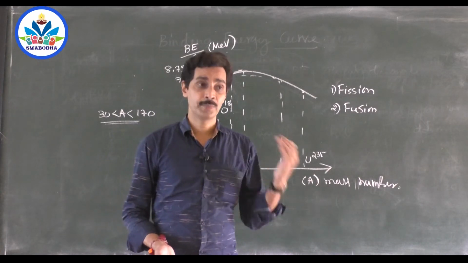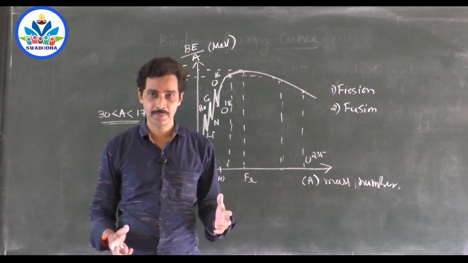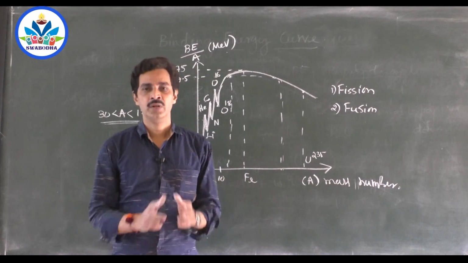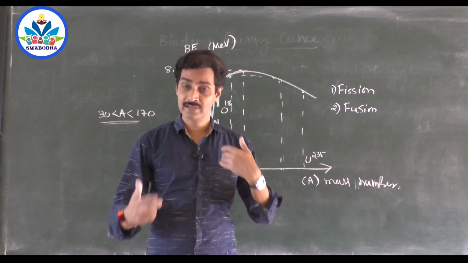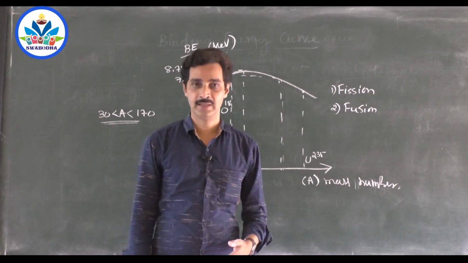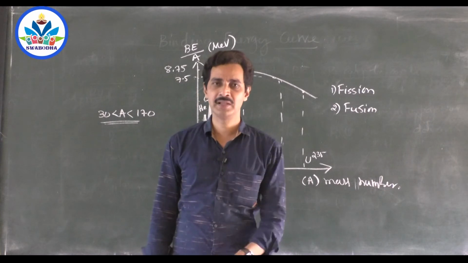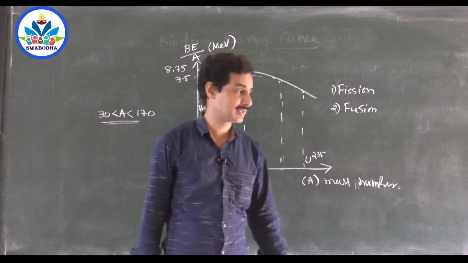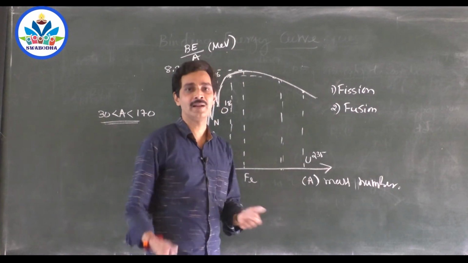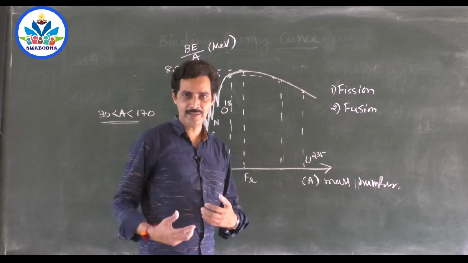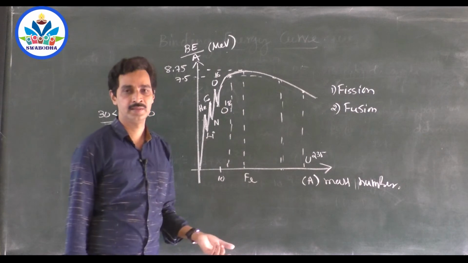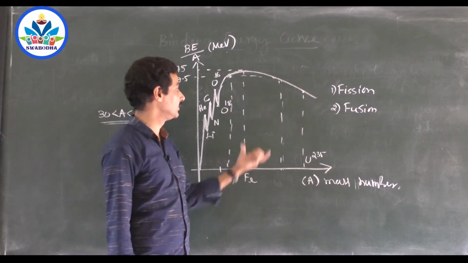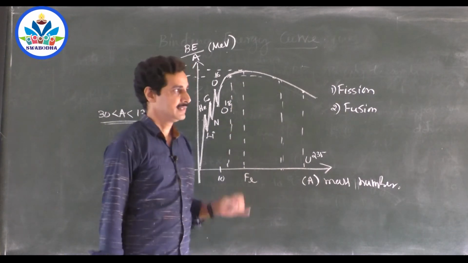So fission is a process where a heavy unstable nucleus splits into two lighter nuclei of comparable masses, and these lighter nuclei will be more stable. And the proper explanation for why fission occurs in nature is given here. So once they are lighter nuclei with lesser mass number, they come under this category here, and their binding energy per nucleon will be high. That is one reason. Second one,